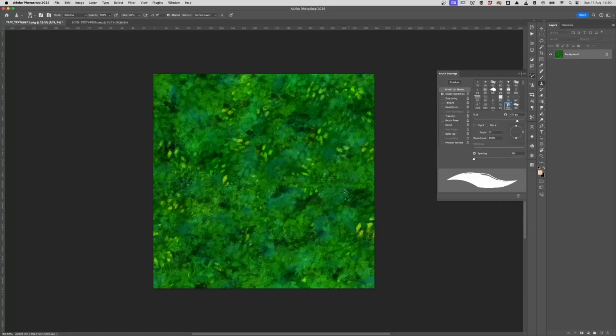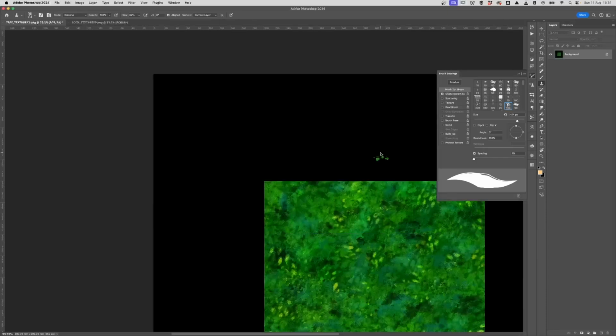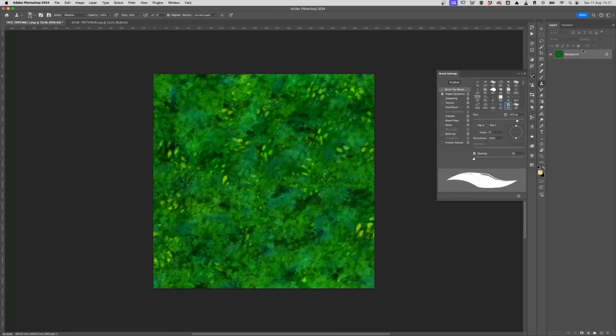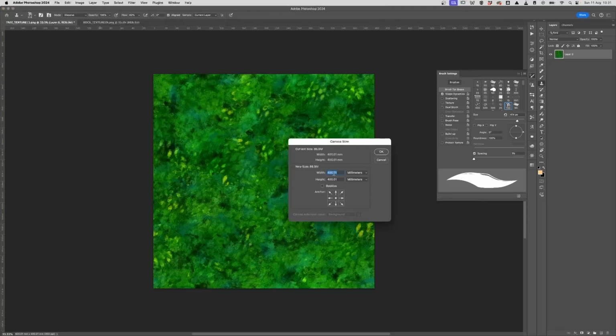And if you want to see that repeat, you can go to image, canvas size, and if you just double the width and height, so that's 400 millimeters, so we'll go 800 and 800. Oh, let me undo that. You've got to make sure you unlock this layer, which you can do by double clicking in the space between the text and the lock symbol, and that will just unlock the layer. Now if you go back to canvas size, if you double it,